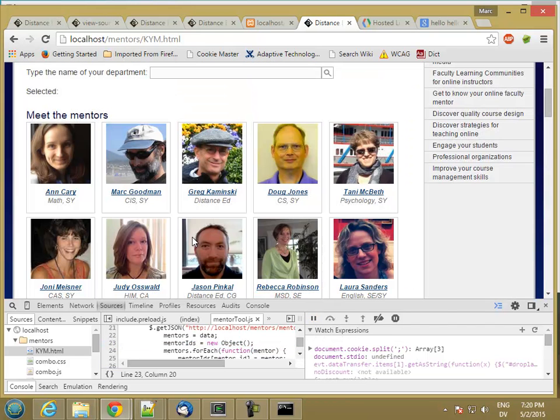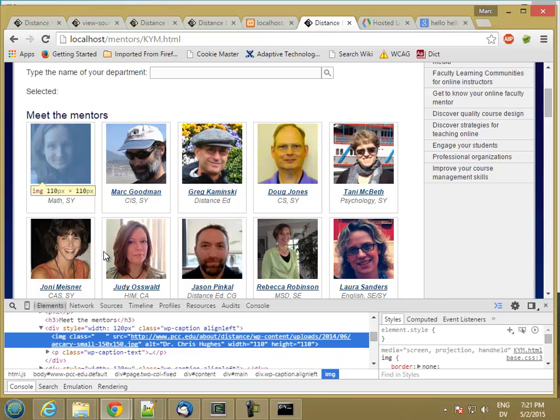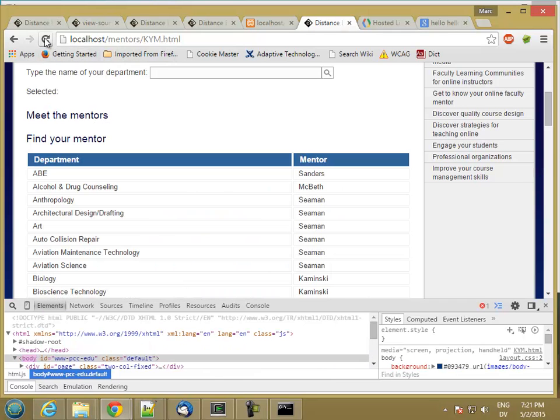Continue. So if I hover over here right now in the old one, or if I inspect element, you'll see the alt text is Chris Hughes for and Carey. If I hit reload,